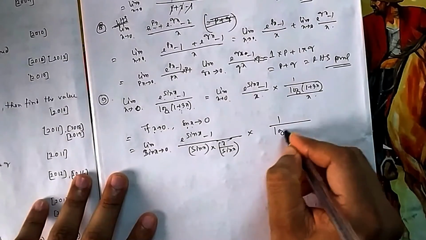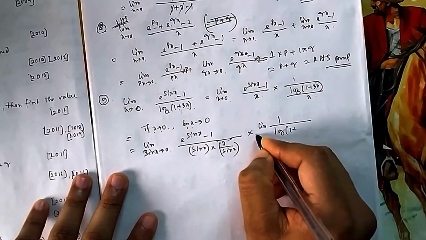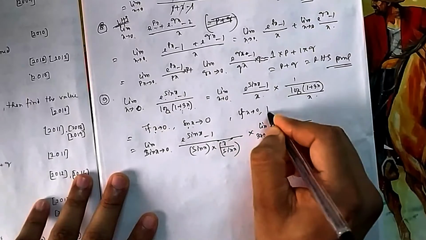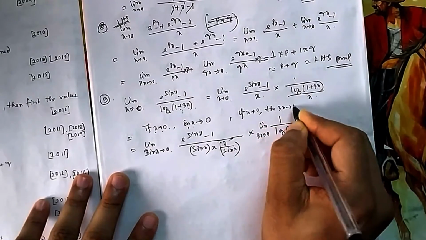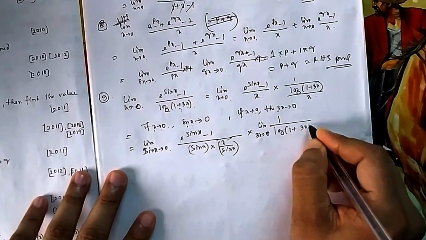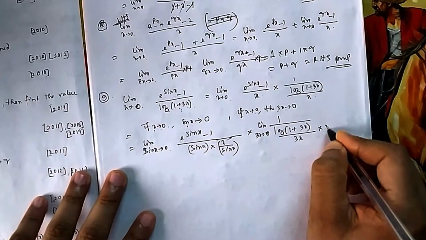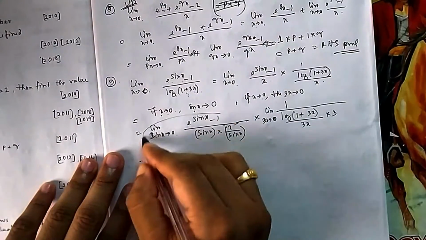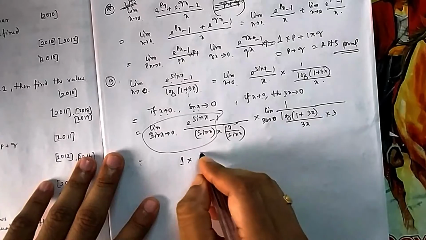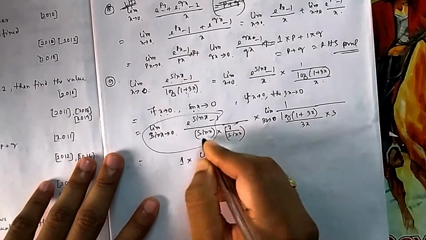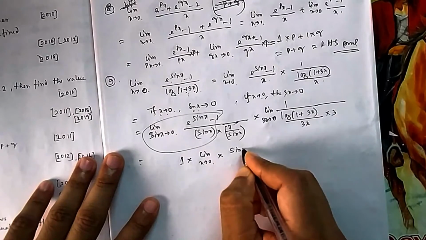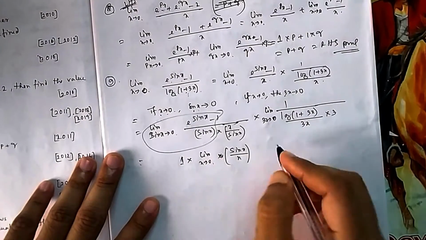And here the formula was log 1 plus x, so I will take that limit out, and 3x tends to 0. Here also you can write, if x tends to 0, then 3x also tends to 0. If your x is going to 0, then 3 into 0 will also be 0. So the limit is of log 1 plus 3x divided by 3x, multiplied by 3. So now you see, this will become a formula. What is the formula? 1. But this limit will not vanish, because there is still a problem with limits. So again the limit has been given a free pass. So this sin x will go up and this x is diminished. So this will also be a formula.